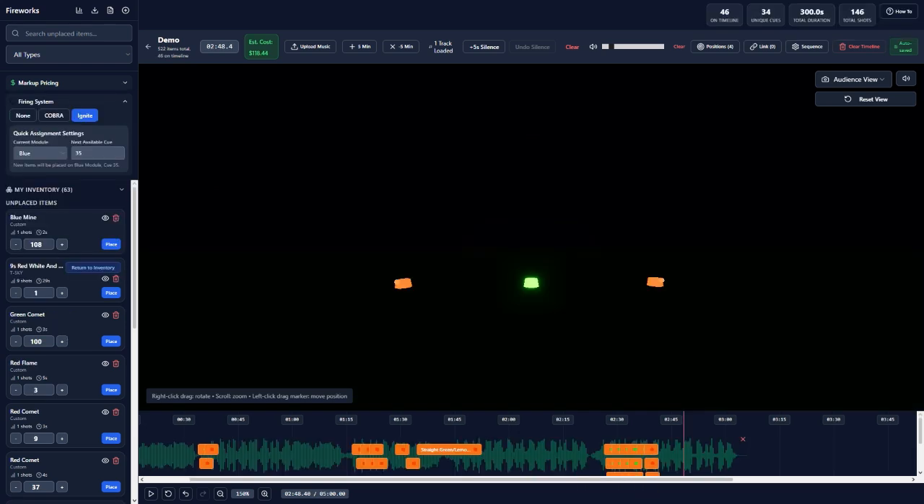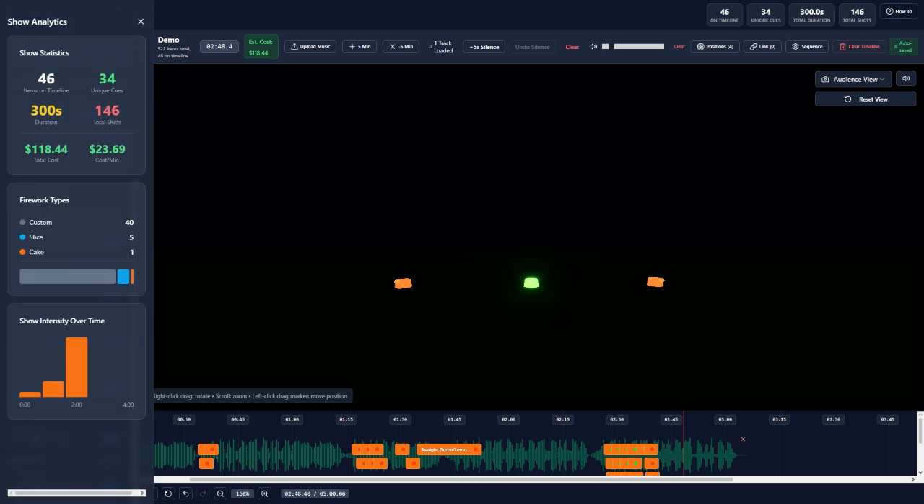So aside from our in-show planning tools, we can also go over here to an analytics tab. We can see how many queues we're using, how many shots our show is, our total cost of the show, and our cost per minute if we are using items with costs applied to them. We also get a nice little breakdown of what we're using. We have 40 custom items in here, 5 slices, 1 cake, and we can see the intensity of shots over